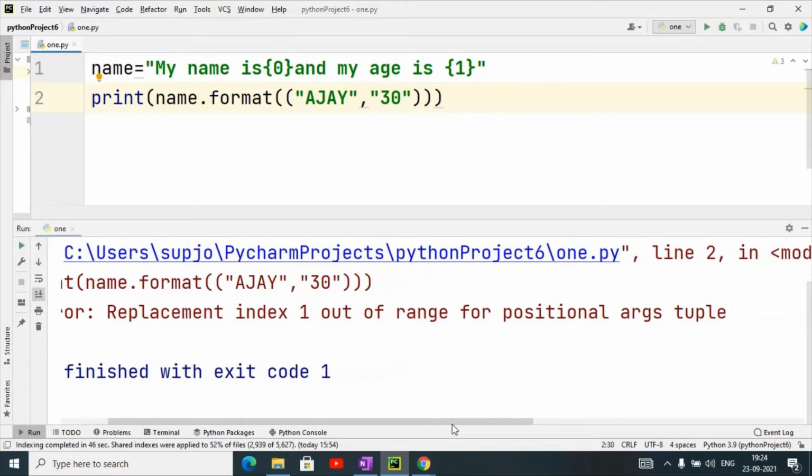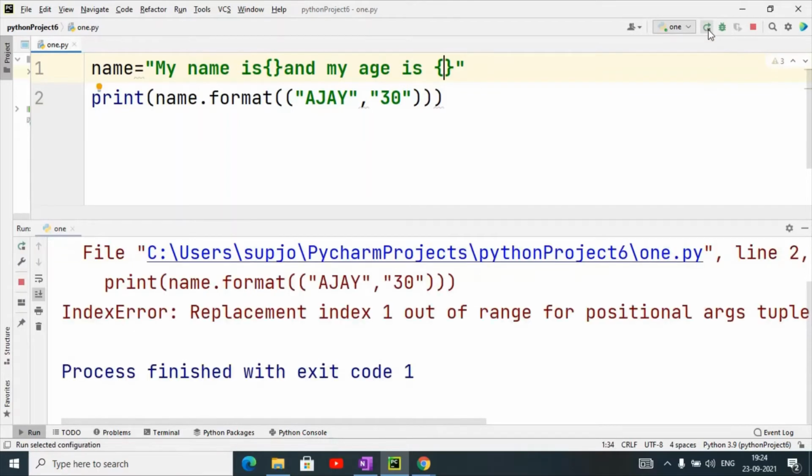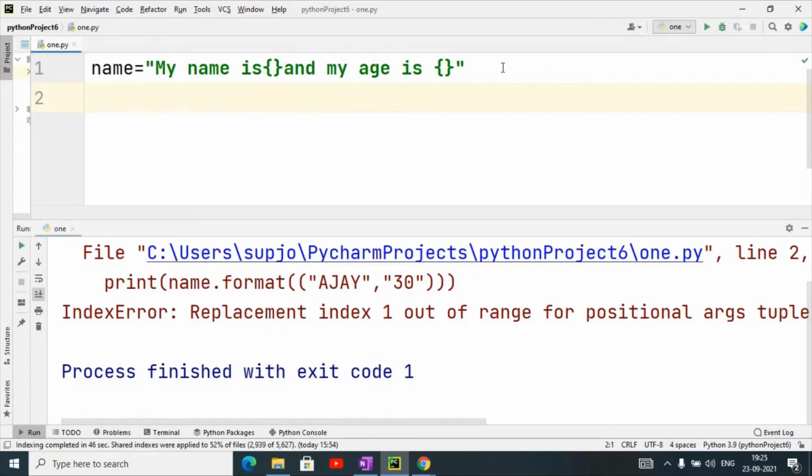Now it is generating an error: index out of range. Now it is displaying like that. We can directly use it here also.